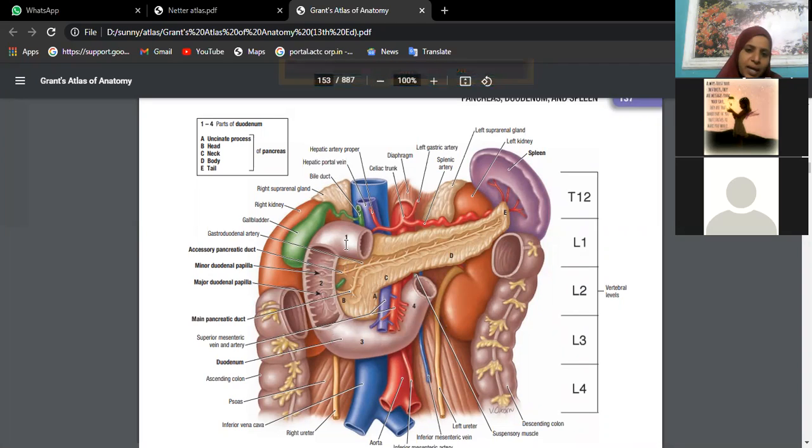So like that you have the second, third and fourth part, and the fourth part will become continuous with the jejunum. And the arrangement of structures: behind the first part you are finding the bile duct, the branches of the hepatic artery, the portal vein, and the inferior vena cava. See the layout of structures here. If you lift the second part, you are finding the left kidney, isn't it? Behind which you are also finding the gallbladder. You should know the arrangement.